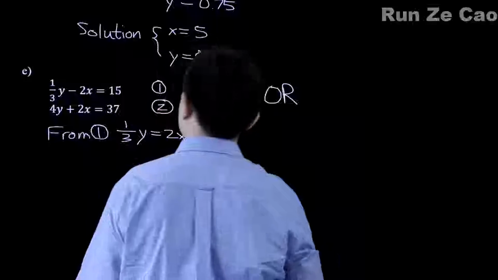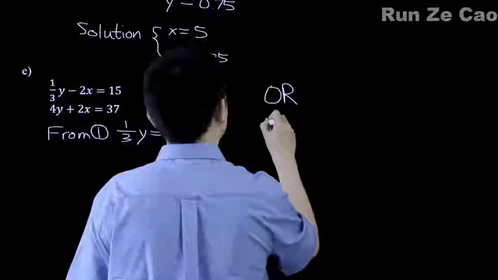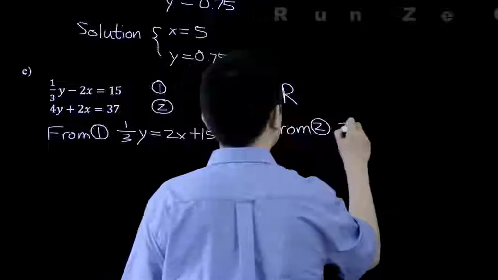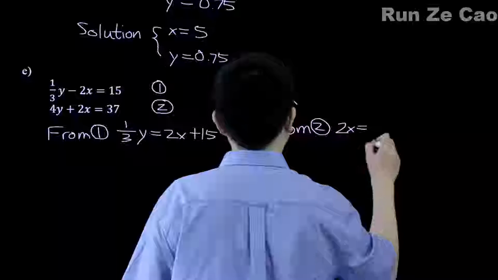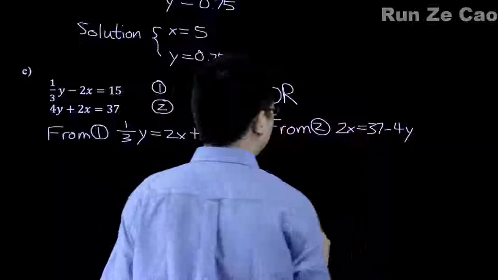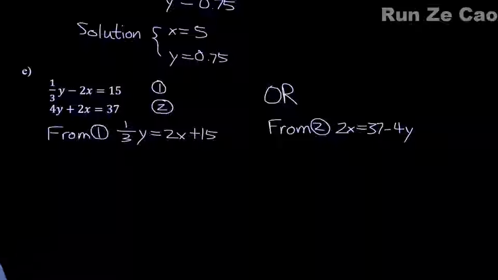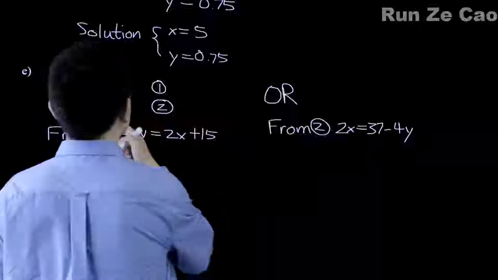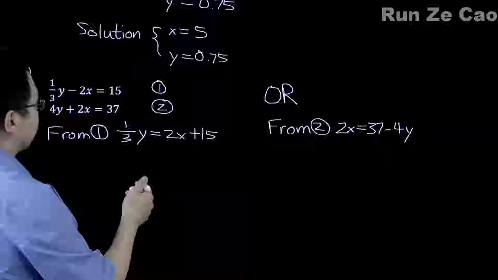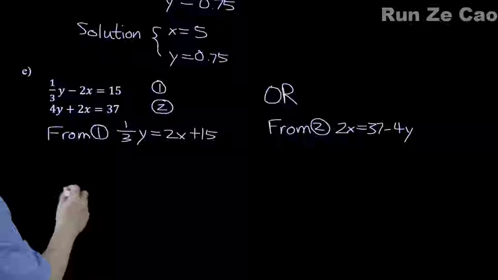Or the other method would be, from 2, we would get 2x equals 37 minus 4y. Of course, we could also do this from 1 because this is also 2x, and that would be, well, you get the idea. So 1/3 y minus 15. Now, here from 1, if we did it this way, we would go on to do